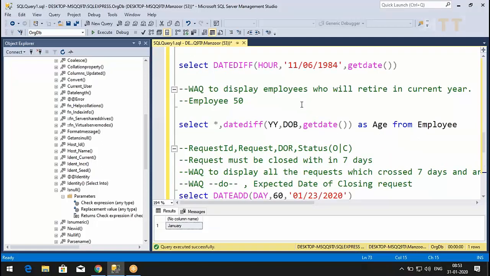Date diff. What is the date difference? So what is your age? How will you calculate your age? Simple. Current date minus date of birth. So date difference, that is date diff. Whenever you want to calculate the difference between two dates, then you use date diff. Whenever you want to add